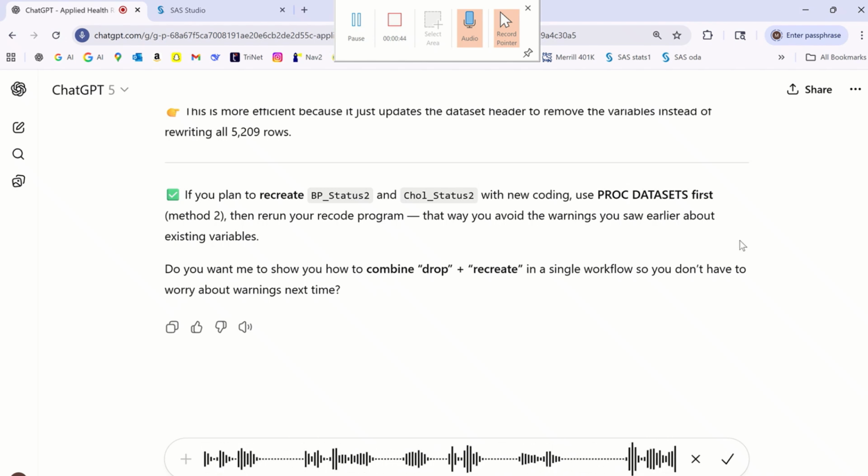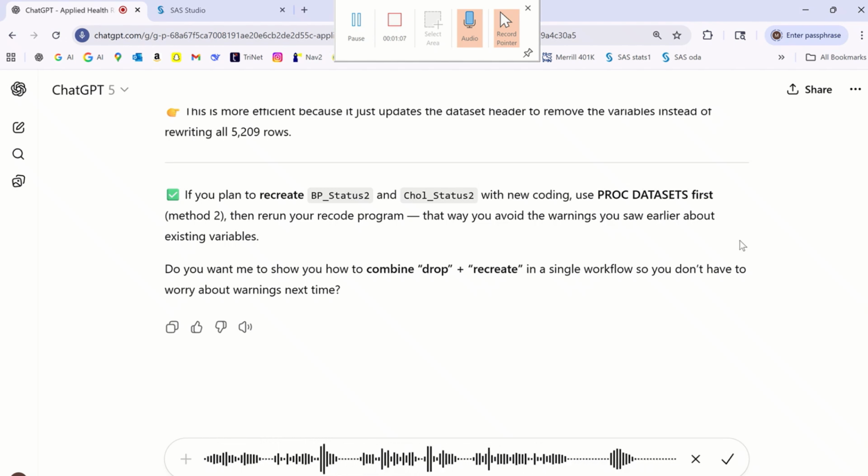Please create a new variable BP_status2 with only two categories. The category normal will be assigned normal. The category high will be assigned the category high, but the third category optimal will also be assigned the category